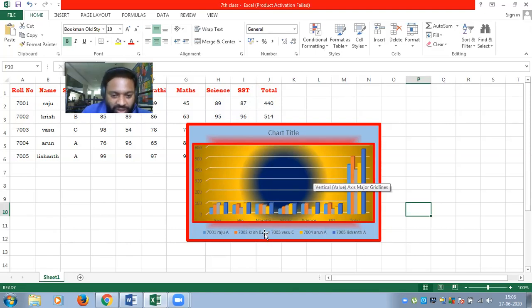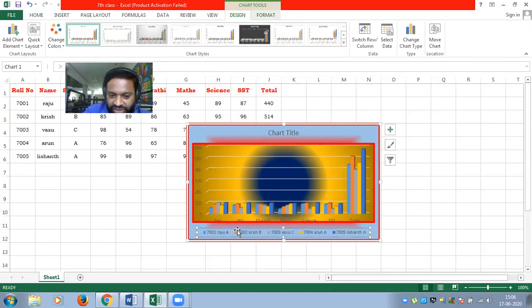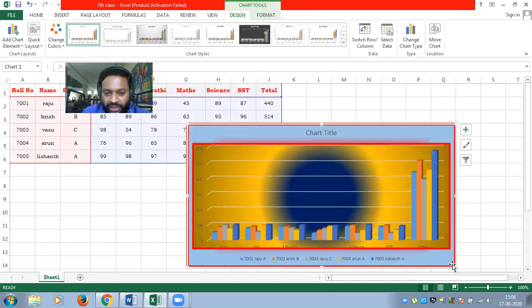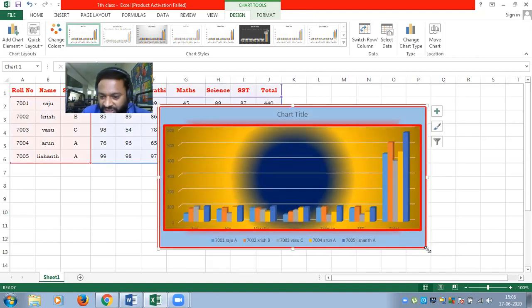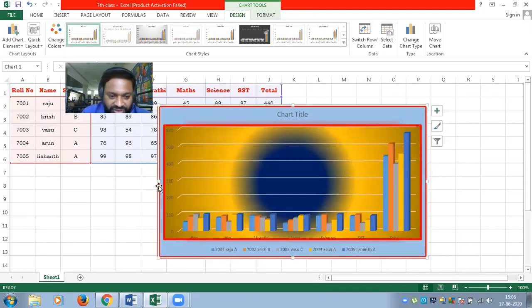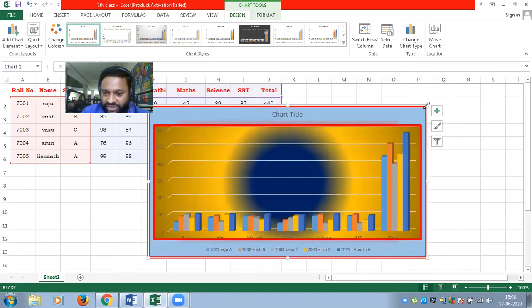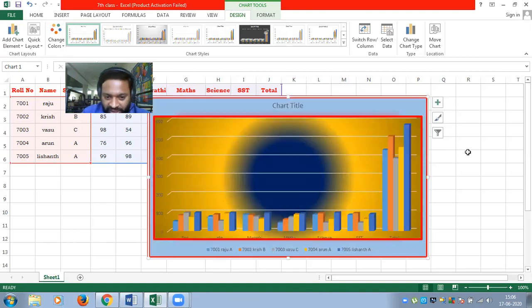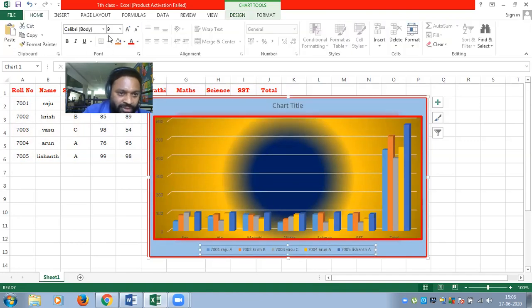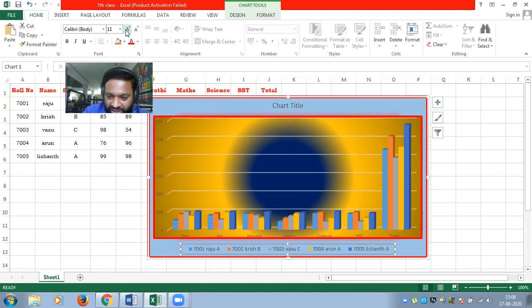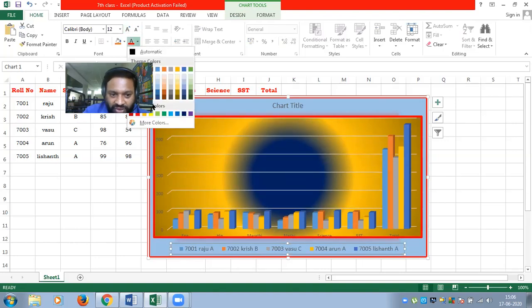Even for the legend also. So here you can see the legend. Let me increase the size of the chart so that it can be visible to you properly. Here you can see, I simply drag down by using these buttons. So this can be visible to you now properly, right? And even you can increase the size of the legend by going to the home tab. Here there is a size. You can increase the size, and if you want to change the font color, you can change it.